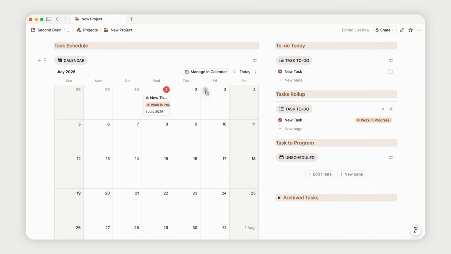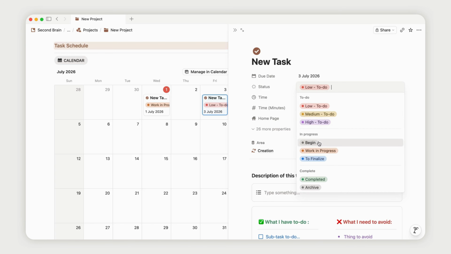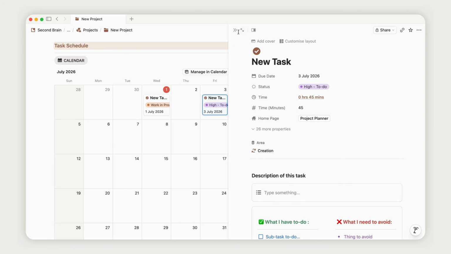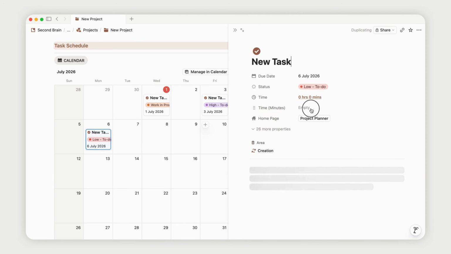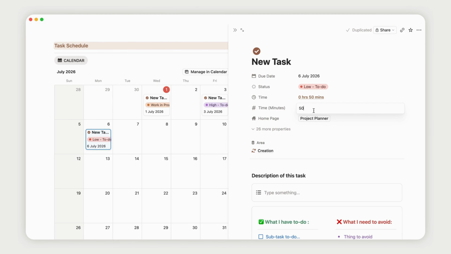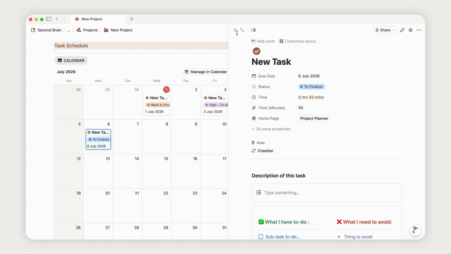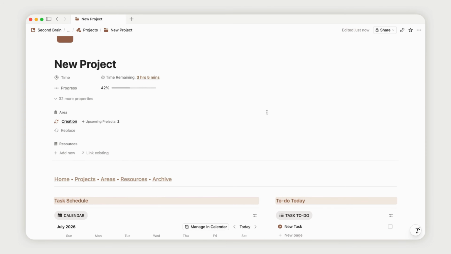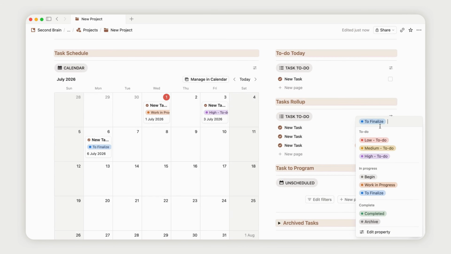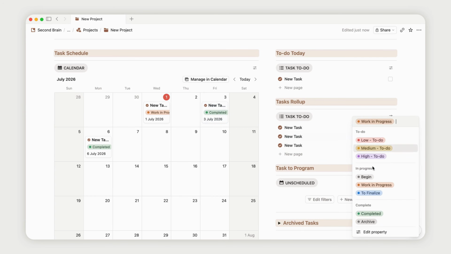Make sure to enter it in minutes, but don't worry, it automatically converts to hours. If you have multiple tasks in a project, you can manage them from the different list views on the right, like I mentioned. Now, when you update the status of a task, it automatically moves the overall progress bar of the project forward. And once a task is marked as completed, it's no longer counted in the total time calculation for the project, which is super satisfying, especially when you're dealing with a really complex project with like 50 plus